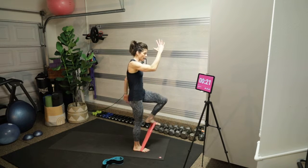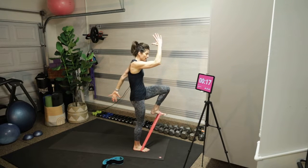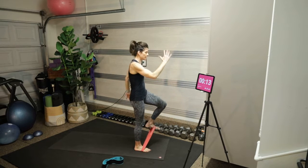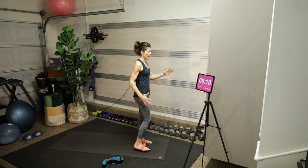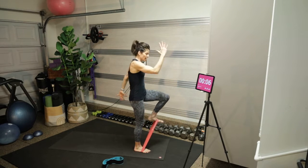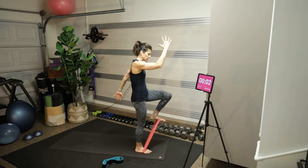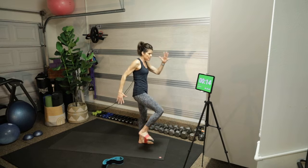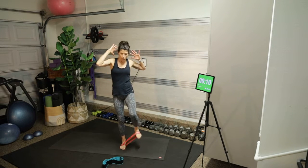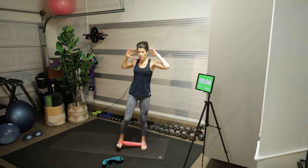So my low abs are turning on to help me drive that knee up. I'm using my quadriceps, my glute, and then I'm also engaging the back of the stabilizing leg. Exhaling as the knee comes up and inhaling as I lower with control, not just allowing that foot to slam back to the floor. So a very similar move, but we're gonna cross opposite elbow in the direction of the